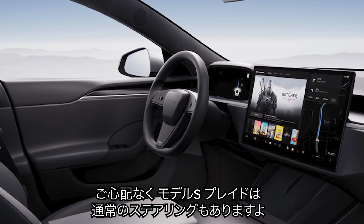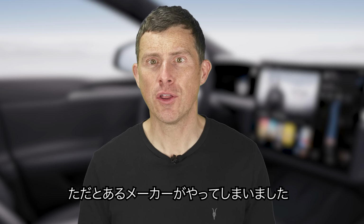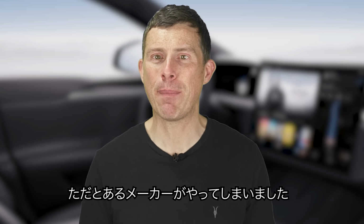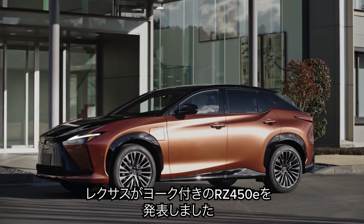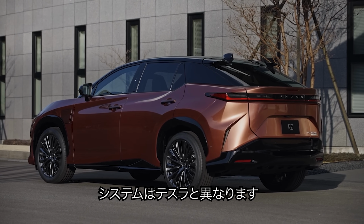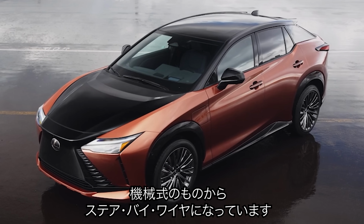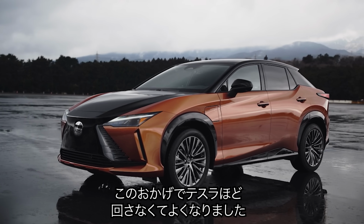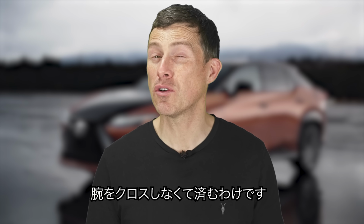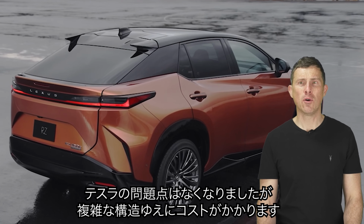In fairness, you can now order a Model S Plaid without a yoke, but it's too late. Other car makers are already jumping on the bandwagon. Lexus has revealed a yoke in the new RZ450e, although that system is a little bit different from Tesla's. It uses an electric steer-by-wire system instead of a mechanical steering column. This means you don't need to turn the yoke as much to get full steering lock, so there's no need to cross your arms. That fixes one issue I had with the Tesla yoke,